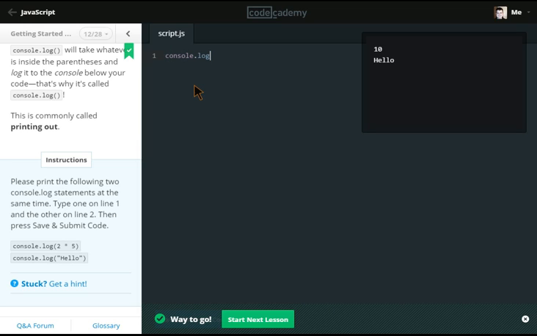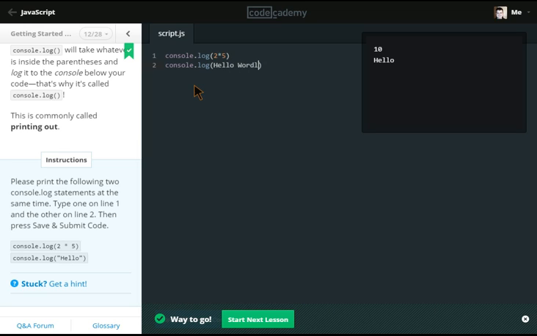So bracket, so shift and 9, it'll bring 2 brackets up, 9 to 2, shift and 8, 2 times 5, make sure you get a bracket, then console.log bracket would be hello